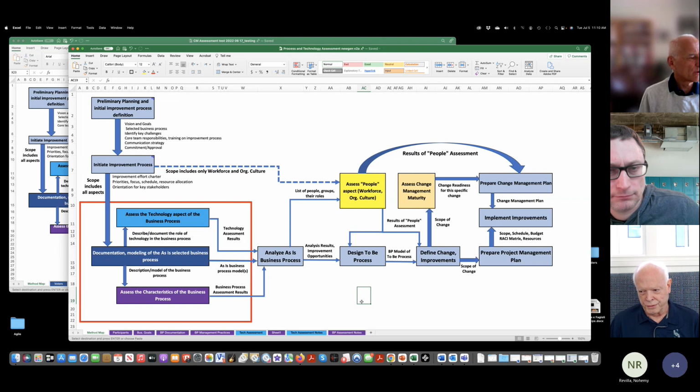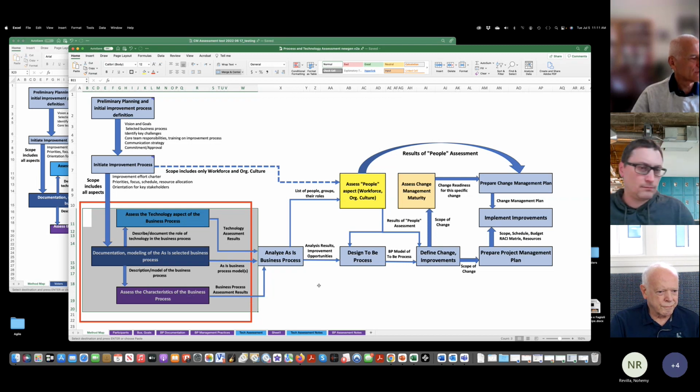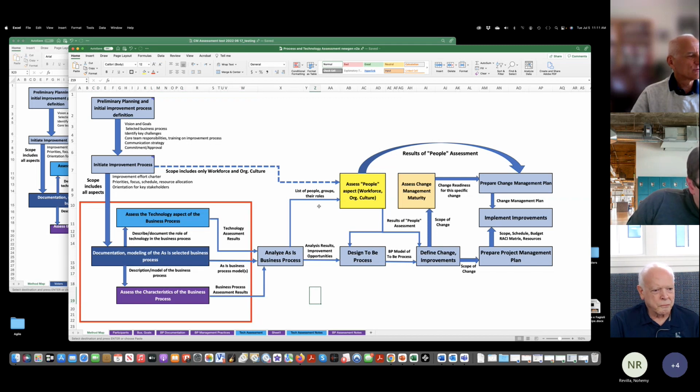So what we were hoping for is to have pilot projects this year where the case studies could describe this area of how to assess the technology, how to start the modeling process, assess the characteristics of the business process, and then also how to